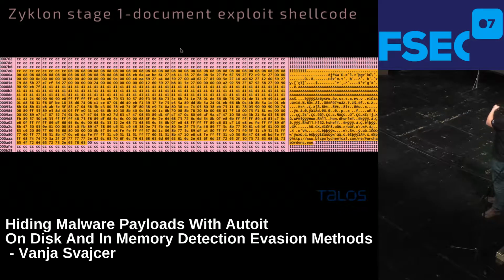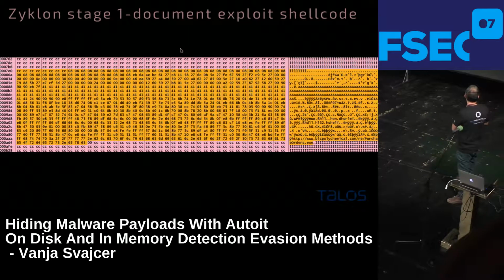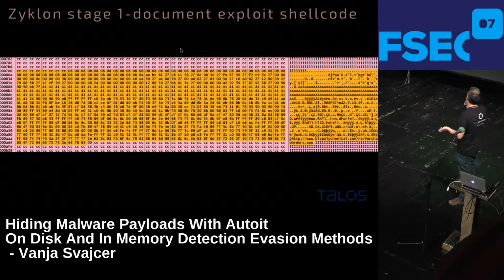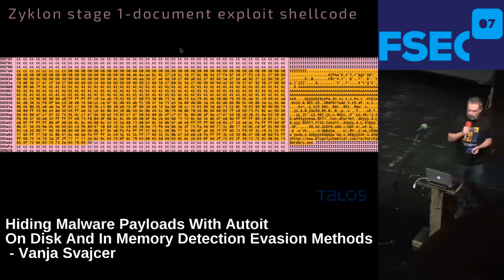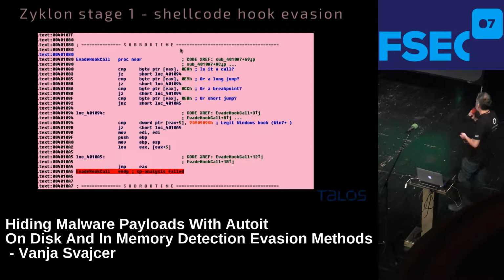And so this is, at the end, you could see the actual URL, so it's very easy to recognize that this is a non-encrypted part of shellcode. This is a standard download and execute type of shellcode. The only thing that I found kind of more interesting with this is that it also tries to avoid some of the